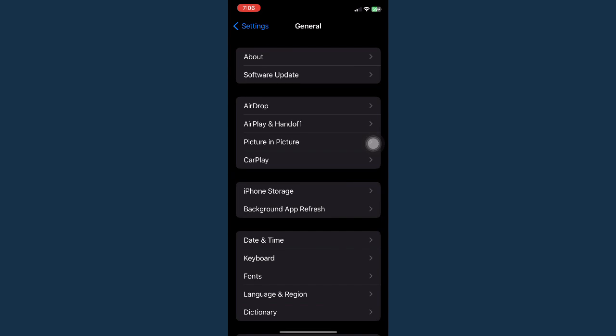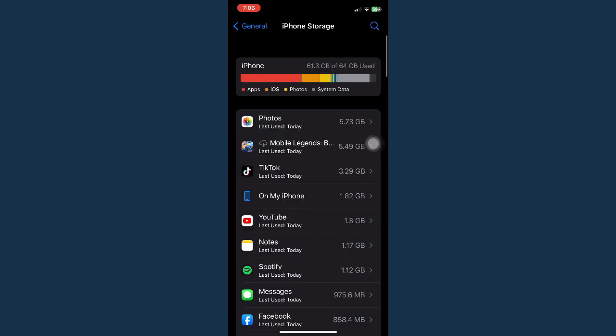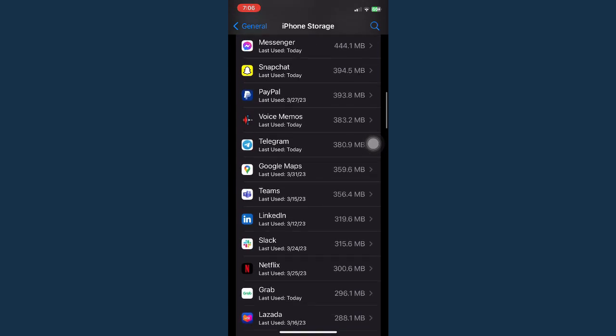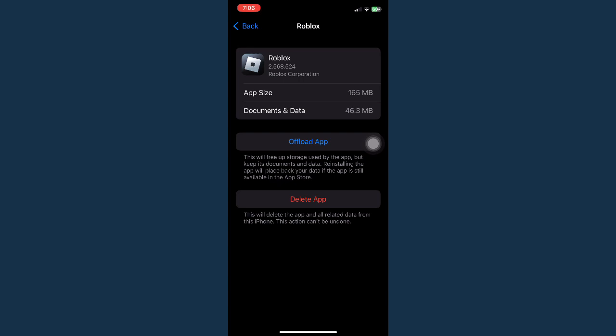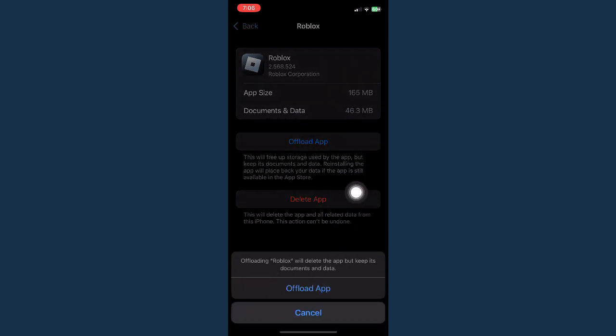To do that, you just simply go to Settings and then go to General, go to iPhone Storage, and look for Roblox. So if you're gonna see Roblox, you may just simply search for Roblox right here, and then for iPhone users, you may click on Offload App right here, and click on Offload App right here once again. So what this will do is that it will free up your space as well as clear the cache of